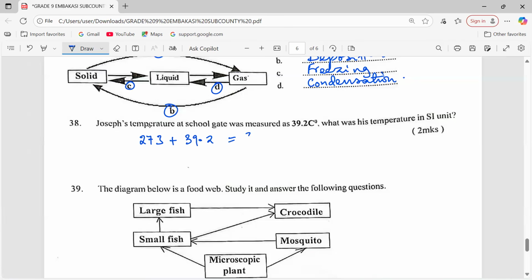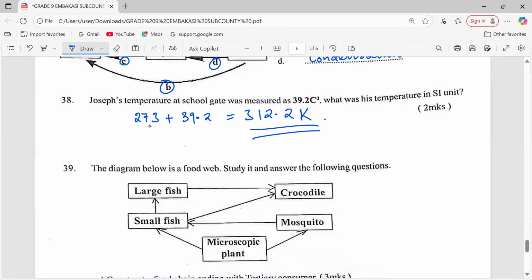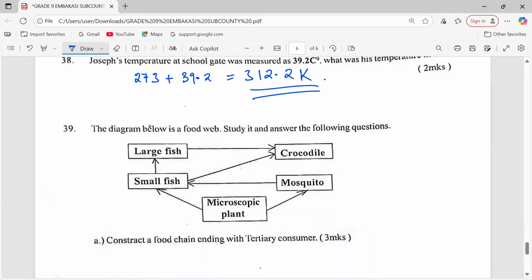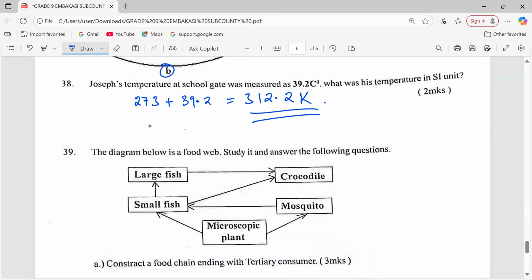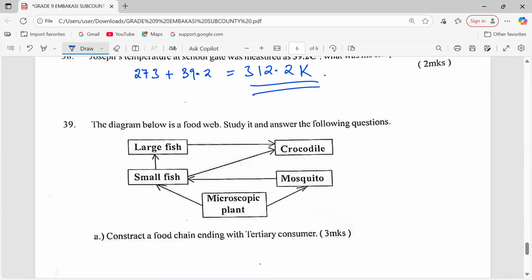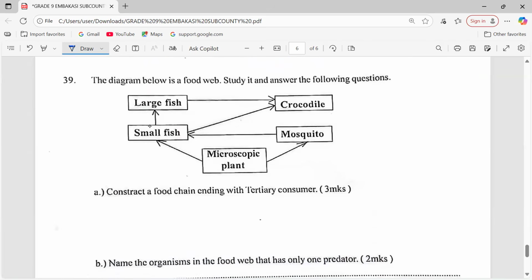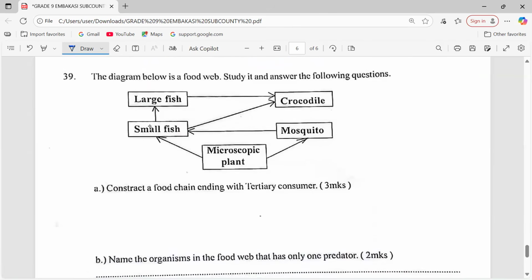Nothing more, nothing less. 312. The temperature is now in Kelvin. So to change degrees Celsius to Kelvin, we just add 273. And if it was the reverse, changing Kelvin to degrees Celsius, we would subtract the same constant, 273. Number 39. The diagram